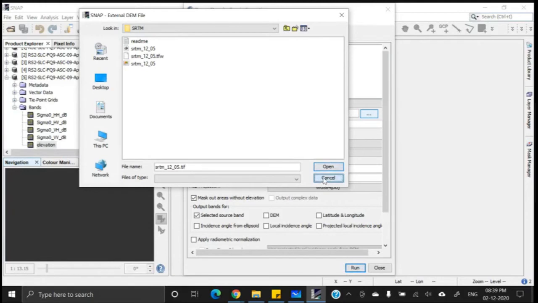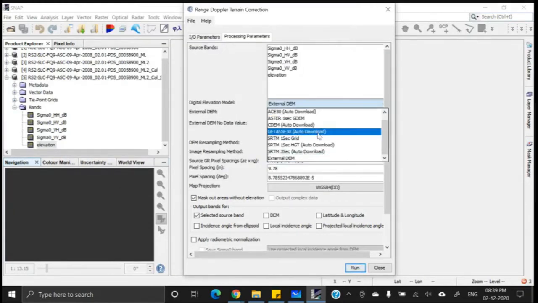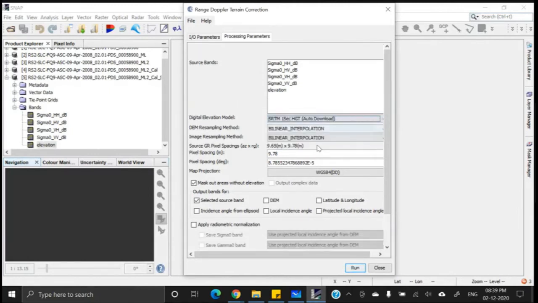However, we are not using the external DEM, rather we are using SRTM 1 arc second HGT auto downloaded.